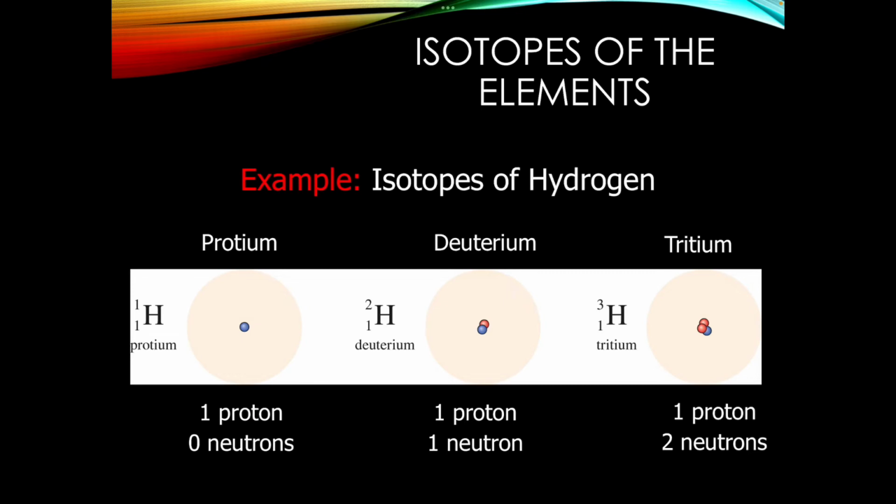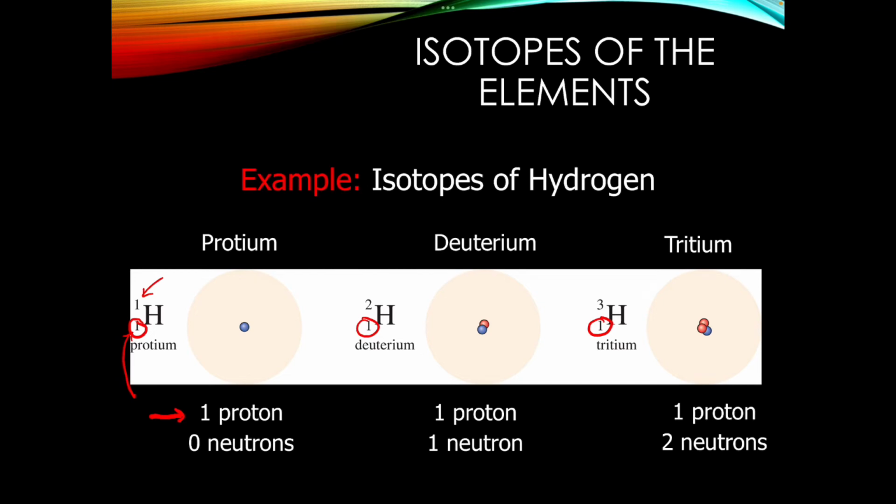So for example, here are some isotopes of hydrogen. They all have 1 proton, okay? The number on the bottom, we'll talk about this in a minute, is the atomic number. Do you see that that number is the same in each one of these pictures? The fact that that bottom number is the same tells you they all have 1 proton, and therefore they're all hydrogen. The number on the top is the mass number.